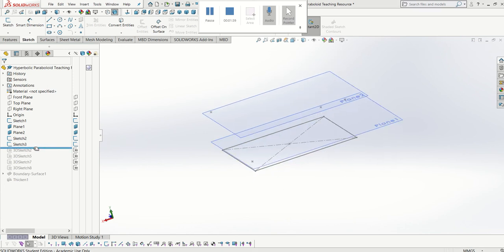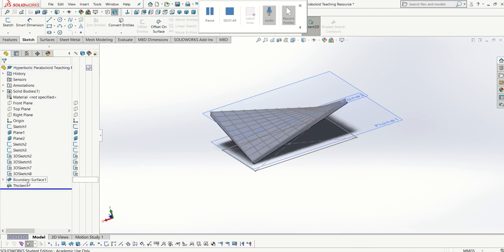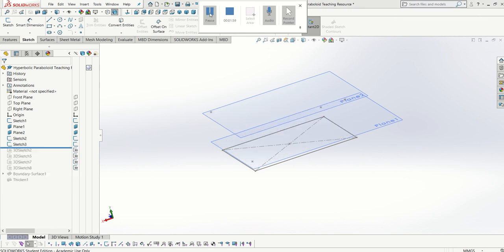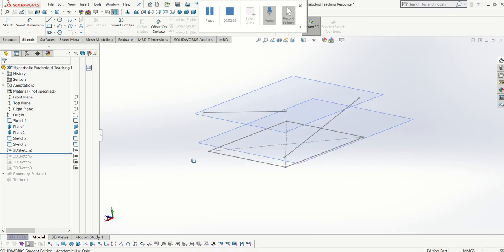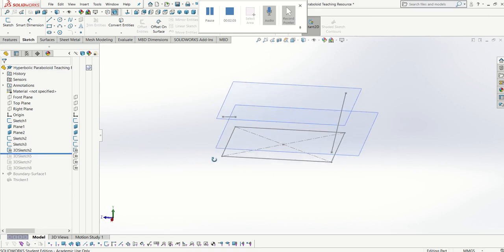So if I was to jump a few steps forward to the very end, again, if you keep looking at the point here in the middle on the left, you'll see that that is going to translate into the high point on my finished hyperbolic paraboloid, and my low point, which is on plane 1, is going to be down here. So then I just used the 3D sketch function,